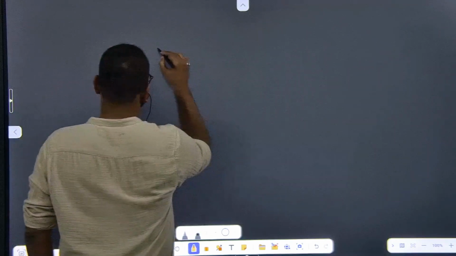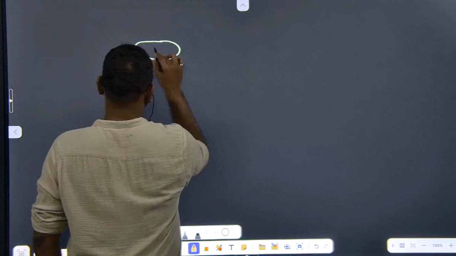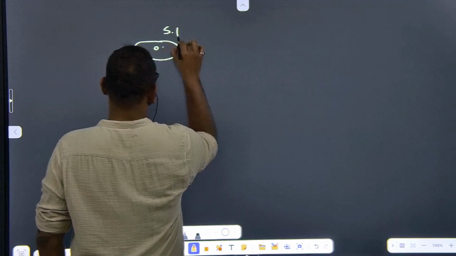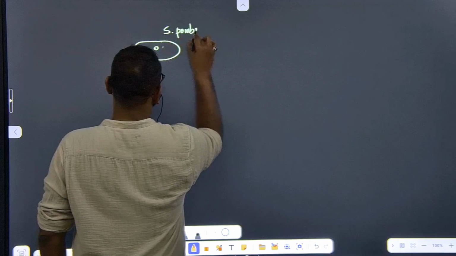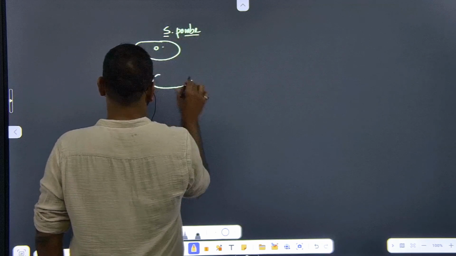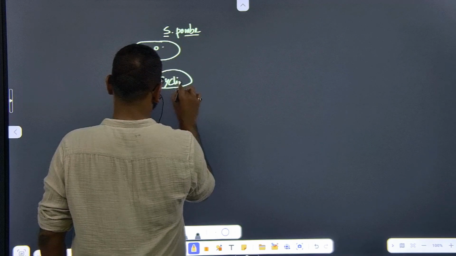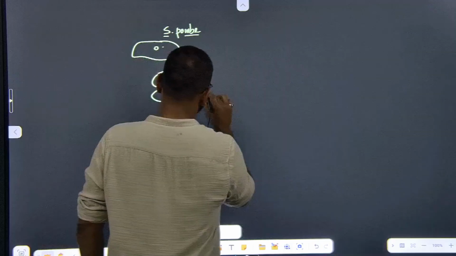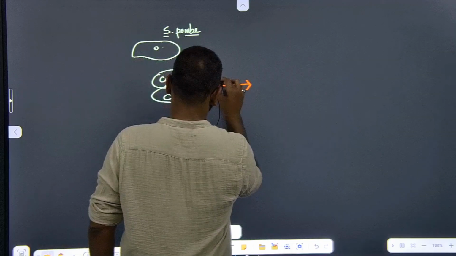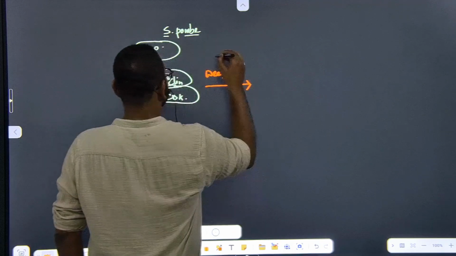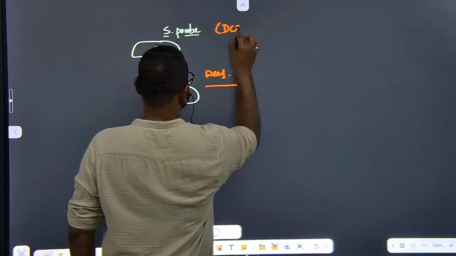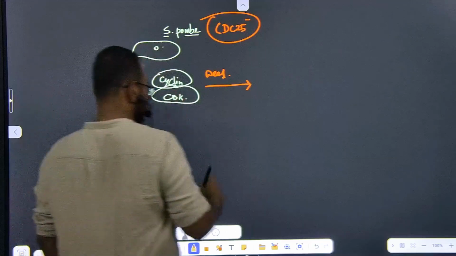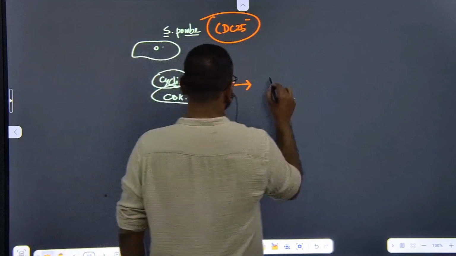Now, suppose this is our cell, within a cell of Saccharomyces pombe. There lies our cyclin as usual. There lies our CDK. So V1 is present over here. Here the mutation lies at CDC25. CDC25 mutant. So V1 is present. So if V1 is present, then definitely